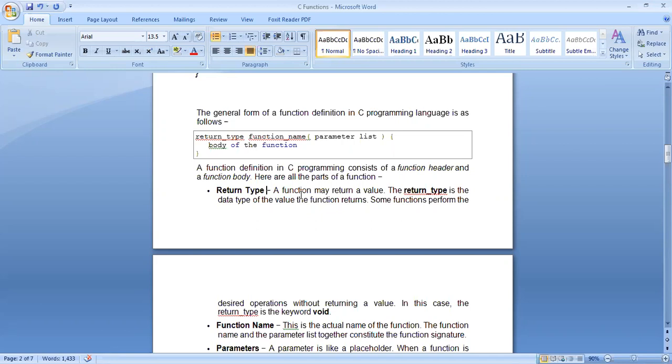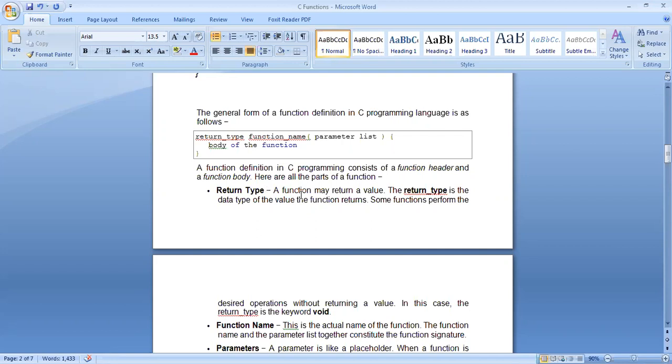Be it some integer type of data you want to add, or some float type of data, or a character, whatever you want to add, that particular function will simply do the addition, and it will return that type of value back to the calling program. Calling program means the program that will be calling that function. We will be discussing it in details, but anyways, other functions can call one, there will be other functions or the program which will be calling this function.